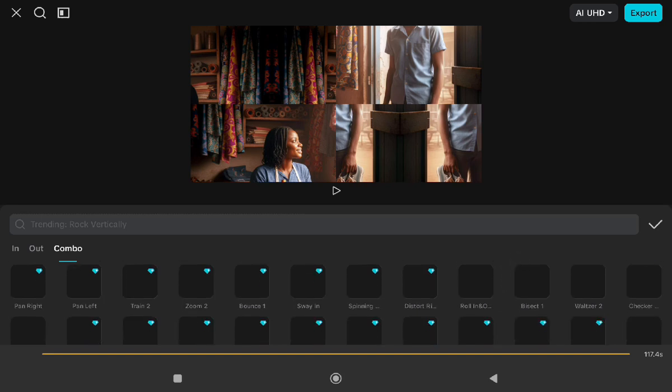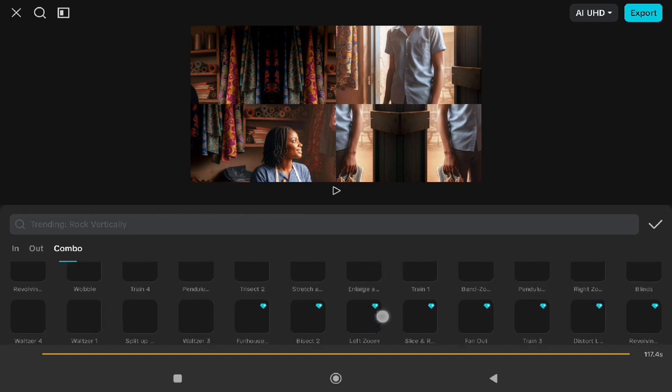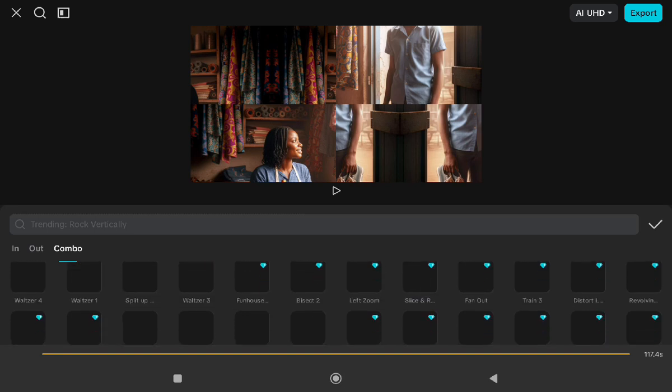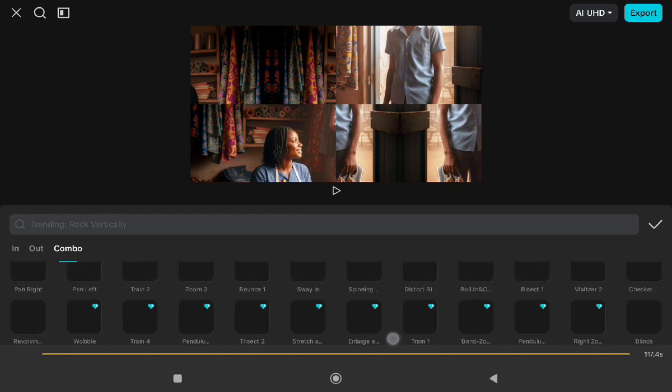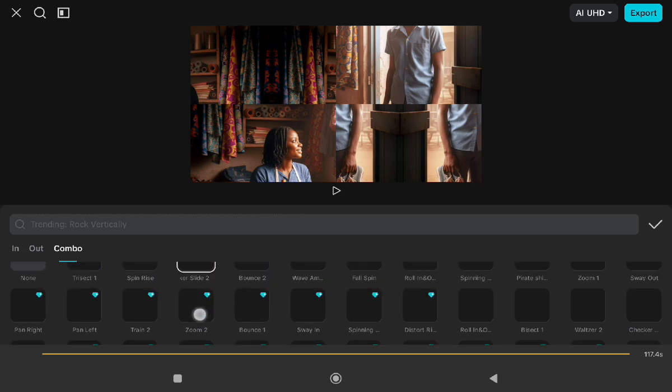But there are ones you can use so that it doesn't affect you. Because sometimes after using all these things, when you want to export, they will not allow you to export. Okay, that's one of the drawbacks of using the ordinary version. But however, it is preventable because what you have to do is just to select from the free